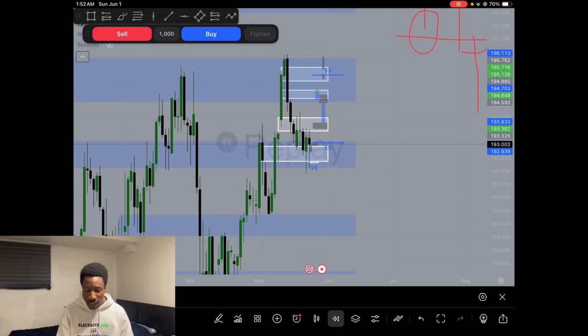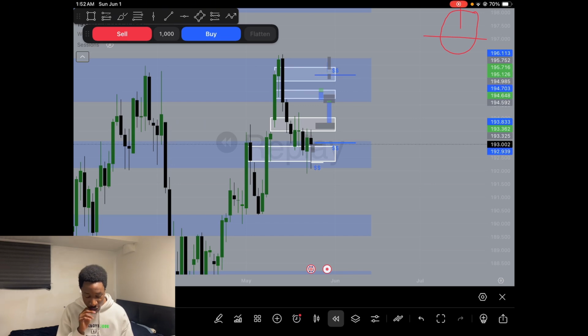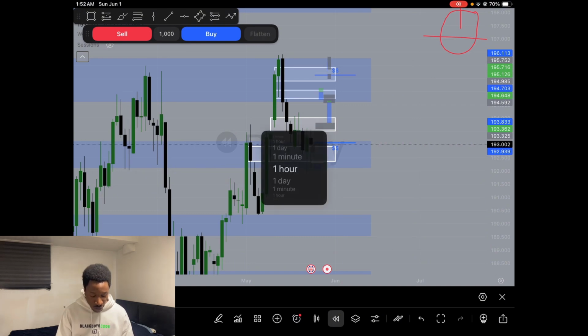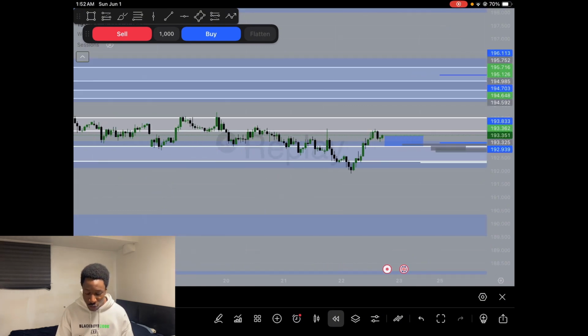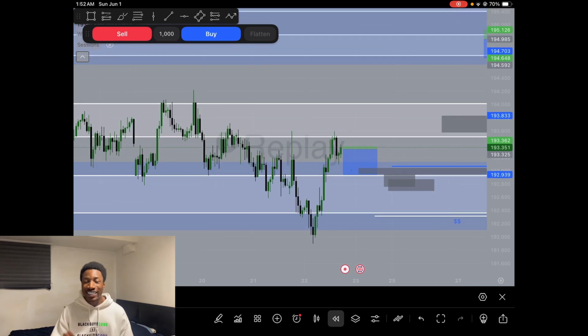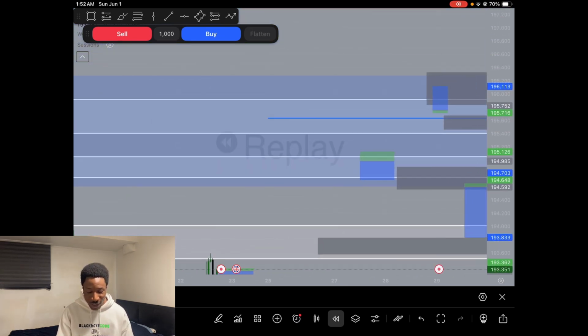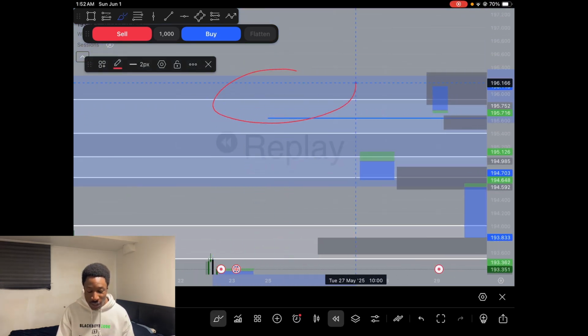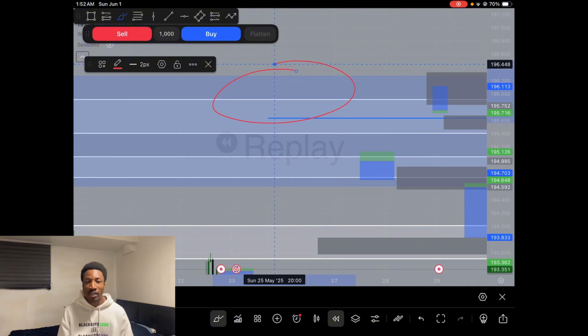But literally, guys, what happened here was price gave an entry in the daily time frame. So all you literally have to do is go to the 1 hour time frame and then find your own entries. But you know that overall the target is not going to be this high right there, because this is the daily 1 to 2 risk to reward zone. And as you can see, guys, I only use 1 to 2 risk to reward. I don't use 1 to 10 or 1 to whatever. Why? Because literally with a 1 to 2 risk to reward, you can milk that and catch a 1 to 10, right? In the sense of, if I was to go back to the daily time frame,